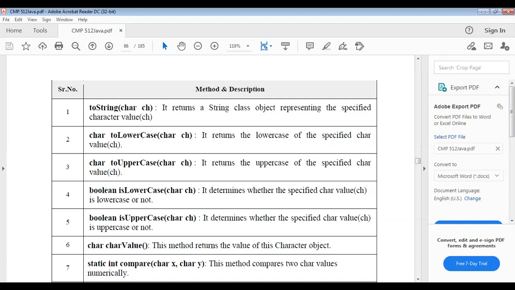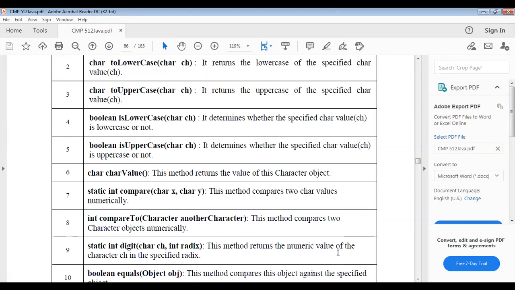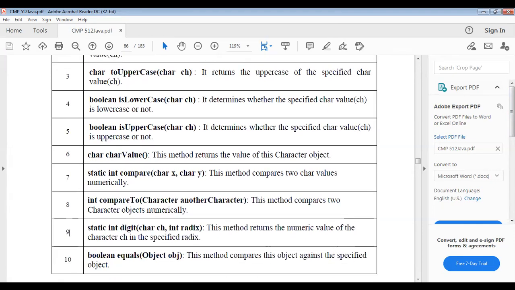Next we can see charValue. Why is char there two times? First the char method is checked with some character value, and this method returns the value of that Character object. Static int compare(char x, char y) is just like the Integer compare method.